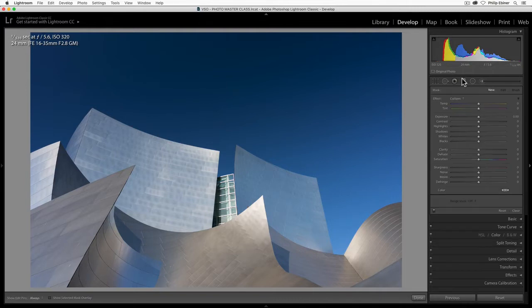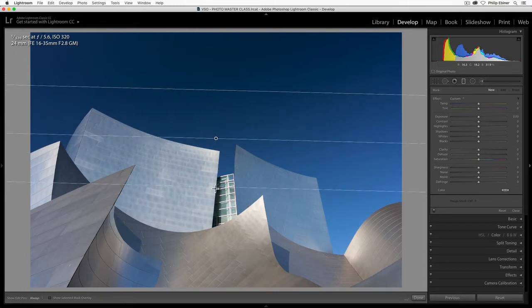So click this little rectangle over here, which is the graduated filter. Think of this as a filter that allows you to edit one half of the image or one part of the image, either the top, the bottom, the left, or the right. When you hover over your image with this tool, you have this little plus sign. Clicking and dragging will create these three lines that will create this filter.